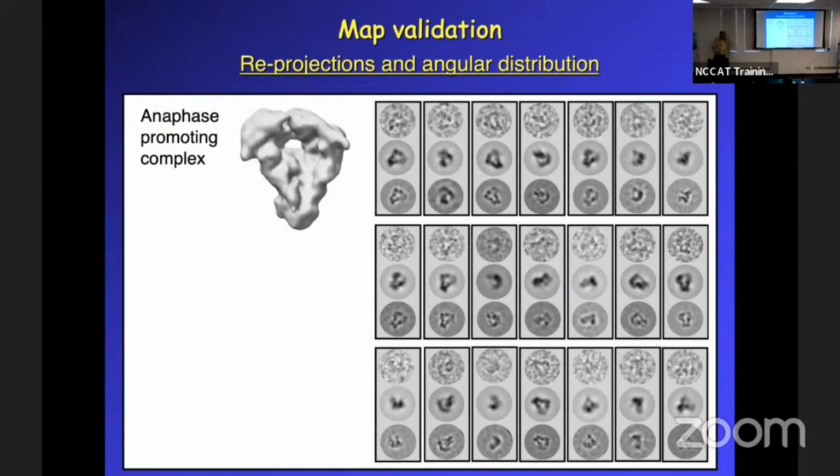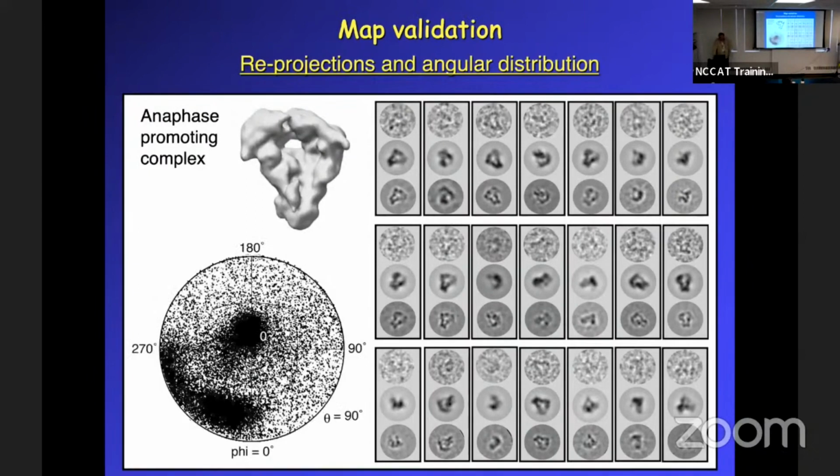However, this only tells you that the 2D data is consistent with the 3D map. It doesn't tell you the 3D map is right. If you're missing certain views, your 3D map might still be incorrect, but it will fit with your 2D data, because that's what you use to make a 3D map. And in addition, that's a good thing that makes you feel good, it's consistent, but you should also look,